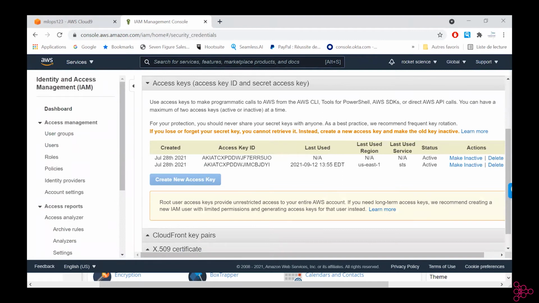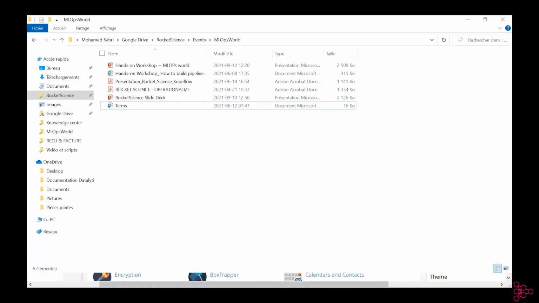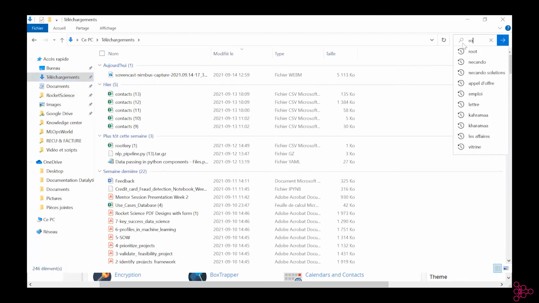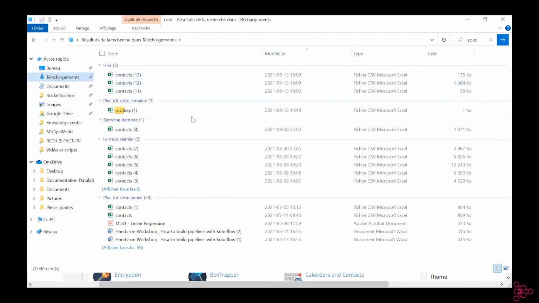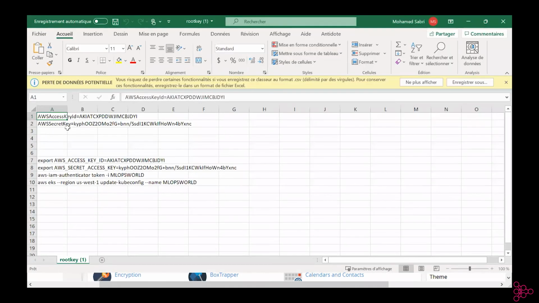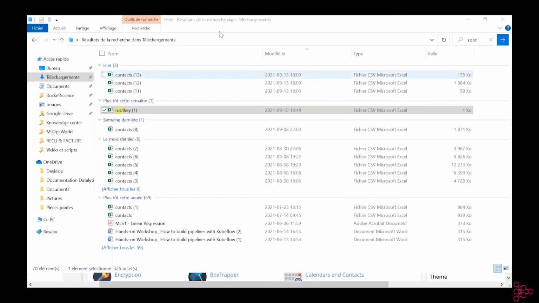It will basically download a CSV file called root key. And it should contain the access key and the secret. Forget about this. This shouldn't even be here. Just these two are your access key. So technically now you should be able to connect.